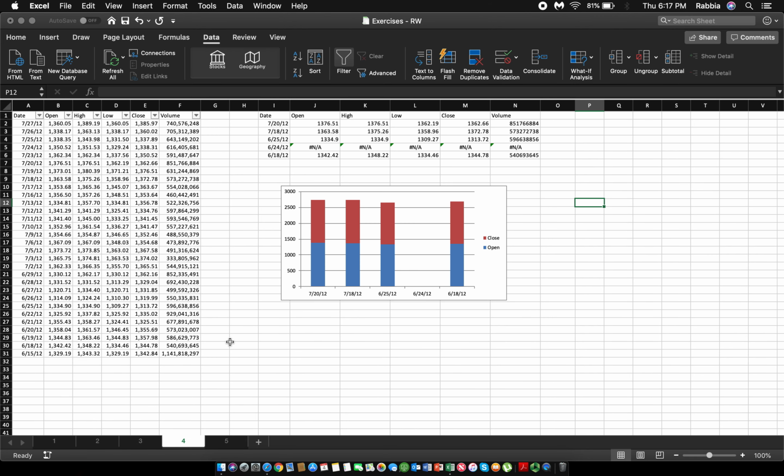We have dates, their open numbers, close numbers, highs, lows, and their volumes. What we are trying to accomplish here is that we want to just pick up 5 days and get their data, and we don't want to look at the rest of it. So